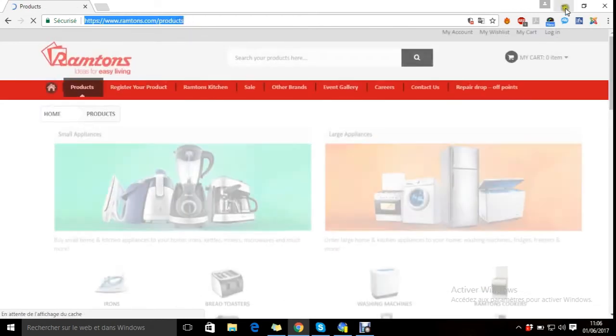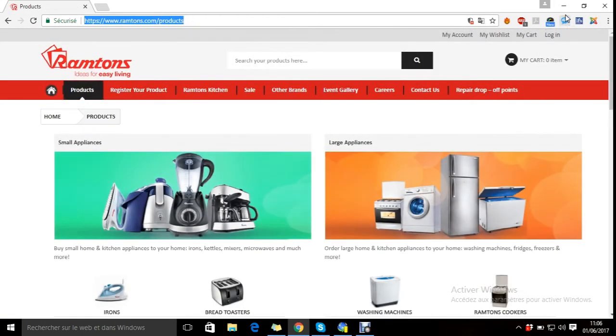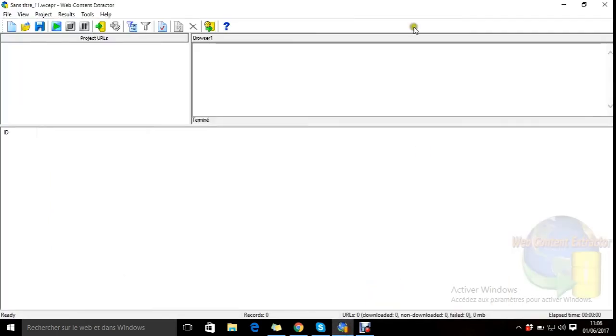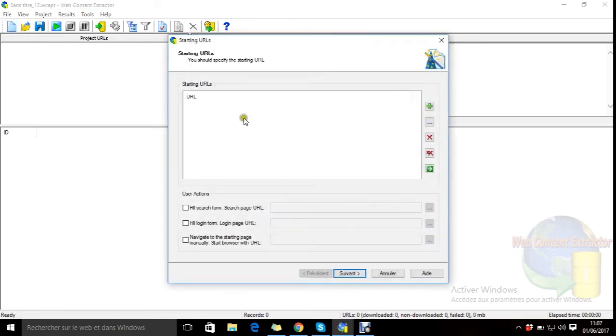Alright, so you just copy, paste on the web content extractor. By now you should have installed the software, and it looks like this when you open it. So it's pretty basic, and we're going to go step by step to show you how you can extract data from the website. So here, new project, you click on it, and then you just click on plus here, and